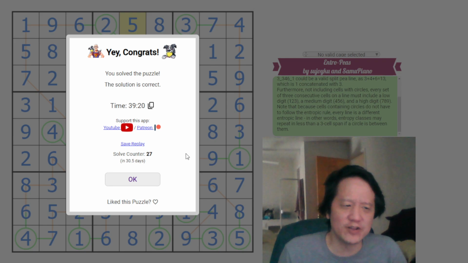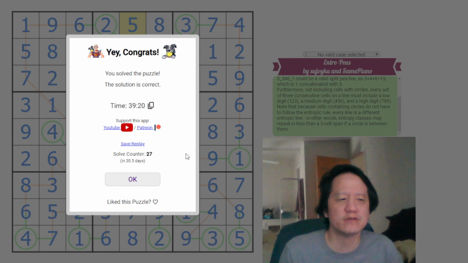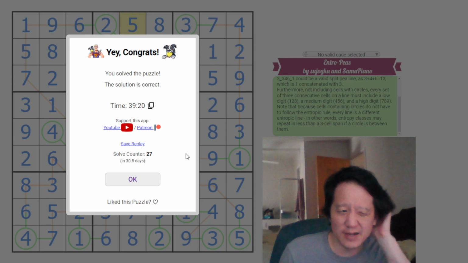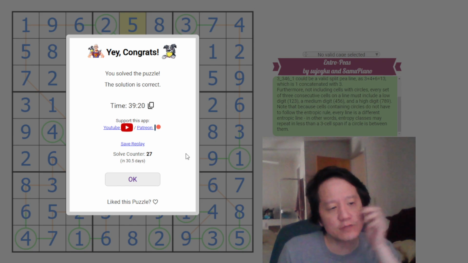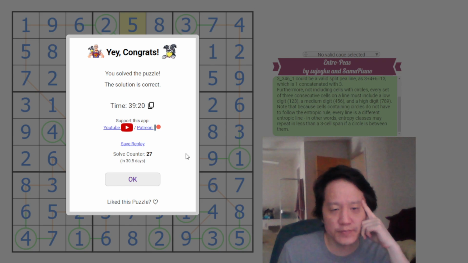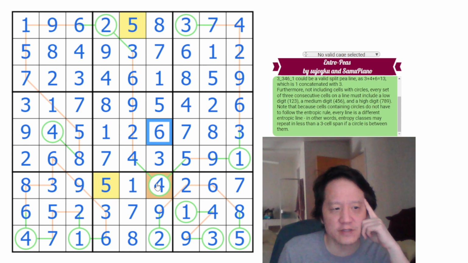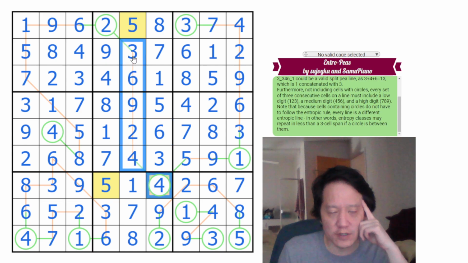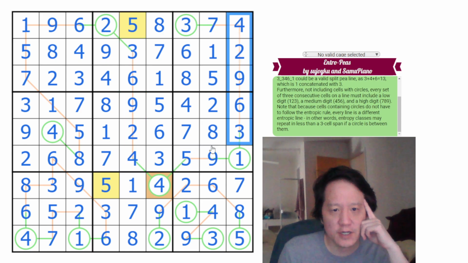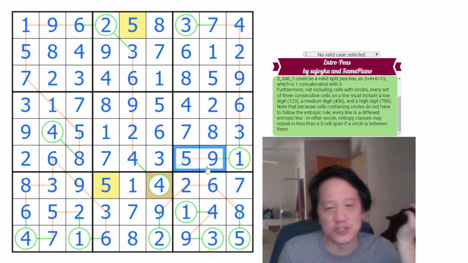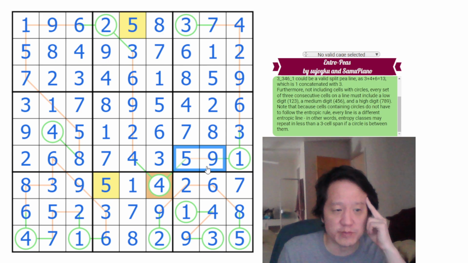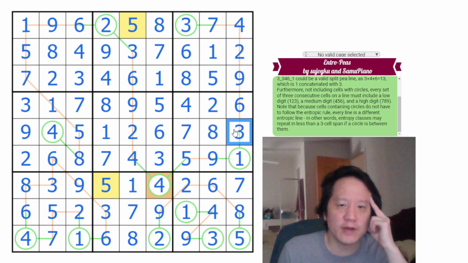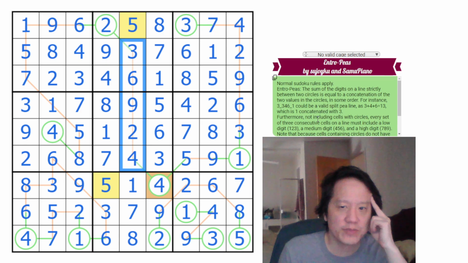I kept on forgetting the entropy part of the rules. Interesting rule set. The entropy part definitely forces certain decisions, certain restrictions, I would say. So I completely forgot about entropy here, which would have made things much quicker. I think in general it would have been quicker if I kept remembering the entropy. So don't